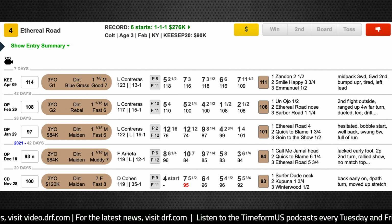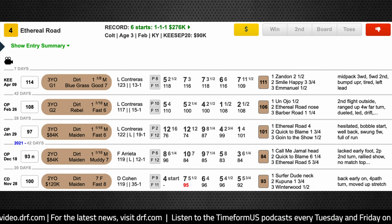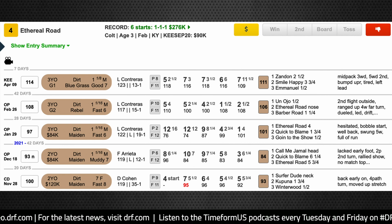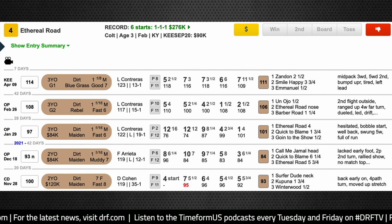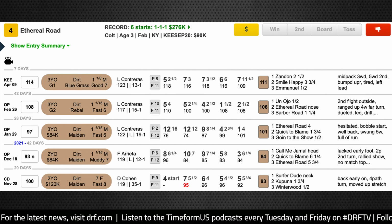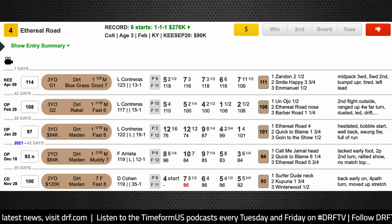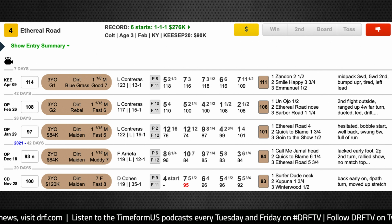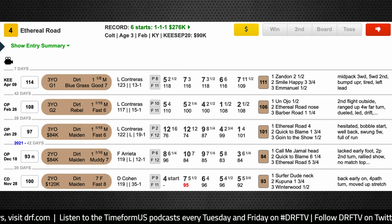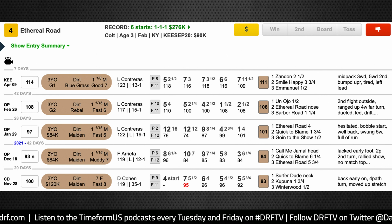He did get a wide trip that day and lost some ground on the turn, but once again, I didn't like the way he finished off that race. He was ranging up like he was maybe going to mount a rally at the quarter pole, but really got to hanging on his wrong lead through the stretch, was losing momentum across the wire, beaten 11 lengths by some very good horses. I think he's going to have to do better than that to be considered a contender in this Lexington. I know the 111 TimeformUS speed figure is supposed to put him in the mix, but I